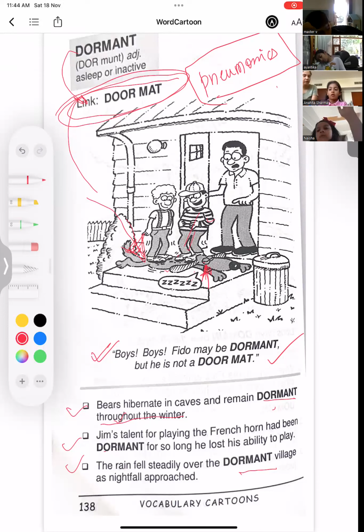So instead of saying inactive, children, please use this word that is dormant. Quickly type it in the chat box so that it registers in your mind right now. Dormant. And next time, if you see your friend being lazy, you can definitely say, why are you acting dormant? Inactive. Generally, when we are not feeling okay, we go in a hibernation mode, we become dormant.